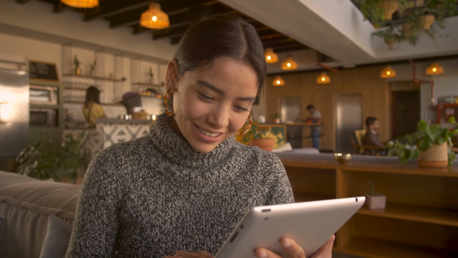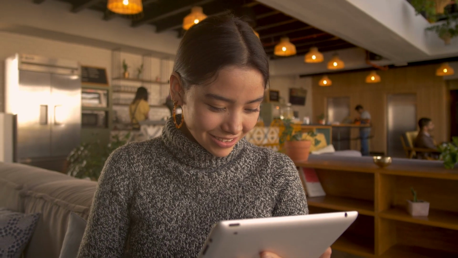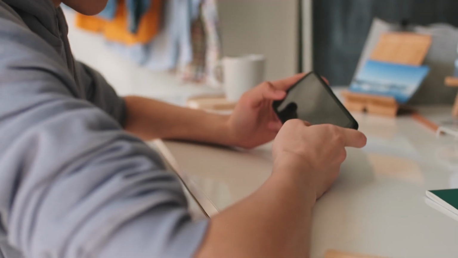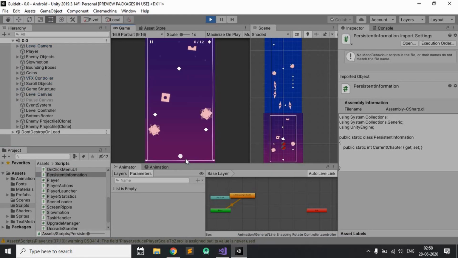For a mobile game, it's very much necessary to keep in mind that your game should be playable on multiple screens, whether it be tablet or mobile device with aspect ratio of 16:9 or 19:9 or 20:9. Oh crap, I don't remember these ratios. Anyway, you get my point, right? As of now, the game looks fine with 16:9 aspect ratio.